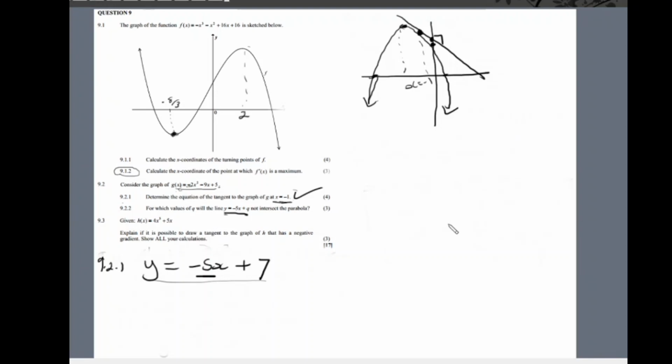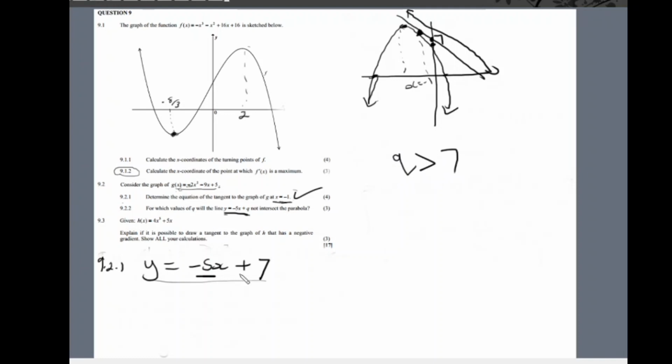in order for this other line y equals minus 5x plus q not to intersect the parabola, it means our value of the y-intercept needs to be greater than 7, such that our line will sort of be above the tangent line, right? So the values of q for which this line won't intersect the parabola is q greater than